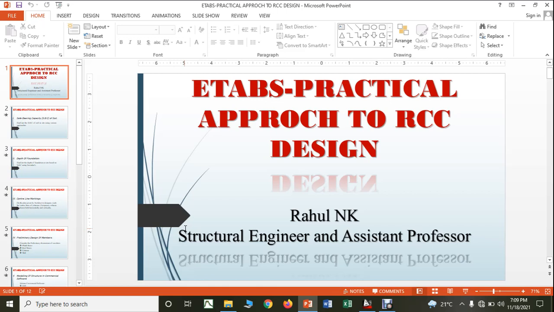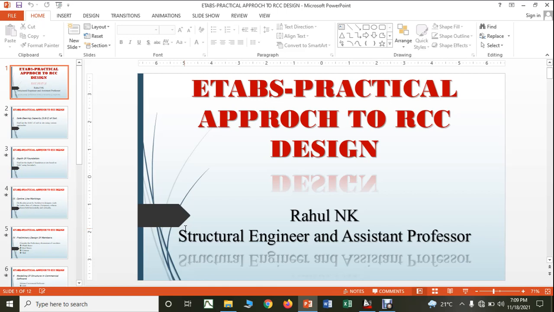We were discussing the modeling of the given residential building in the ETABS software, and in the previous lecture we were discussing how to define the section properties. I just gave you a small example of how to define the section properties in the ETABS software. Now